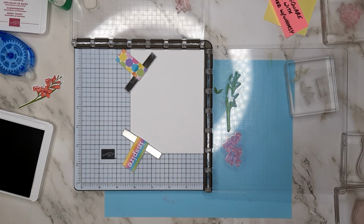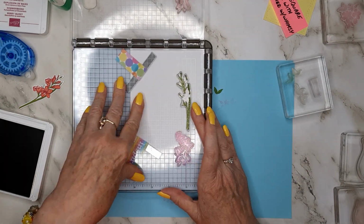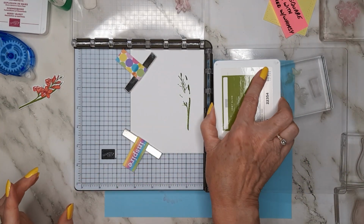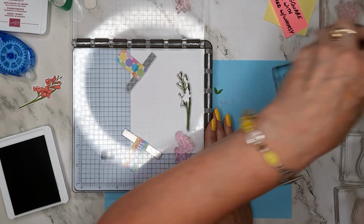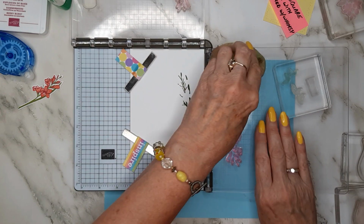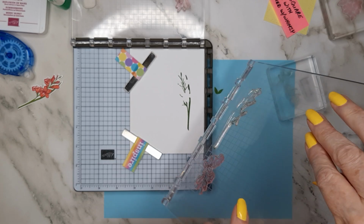I'm going to wipe that off before I stamp it. I'm going to give that a good press. Pretty good, but it could be a little bit darker. That looks pretty good. So now, let me wipe this stamp off. So the second piece, I've already got mounted on the back of this, so I'm just going to flip it over,